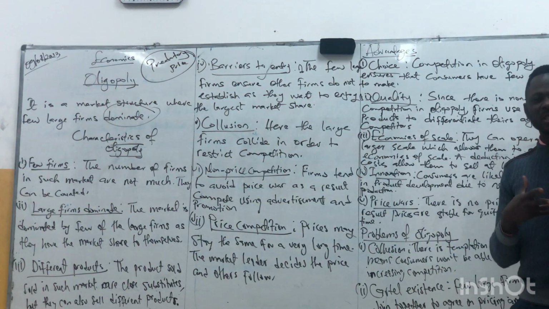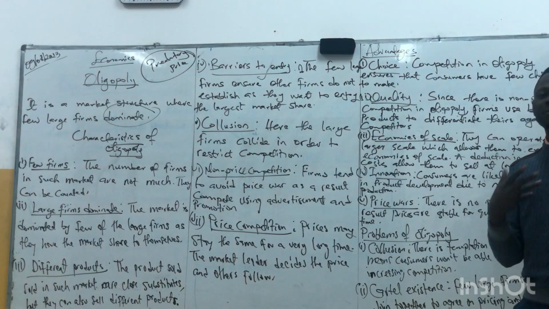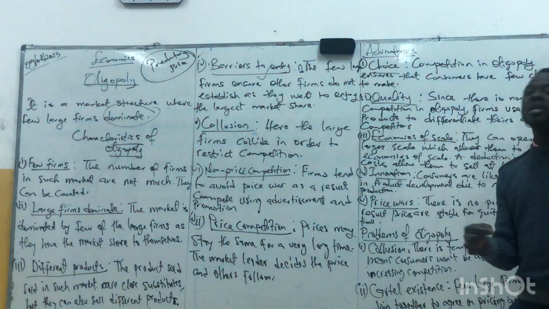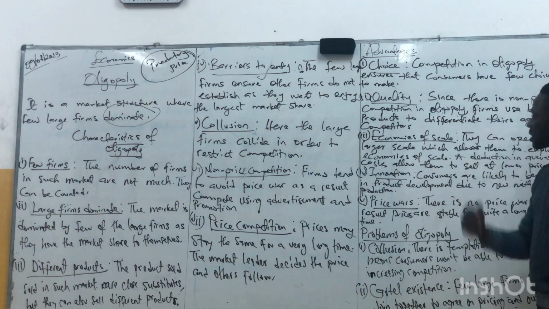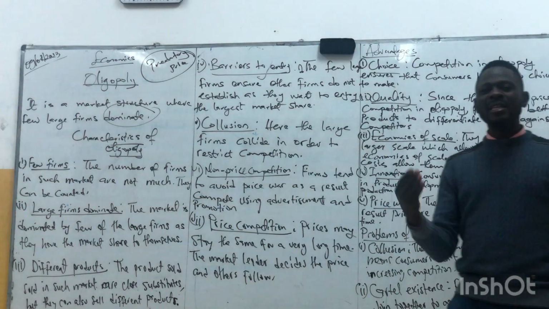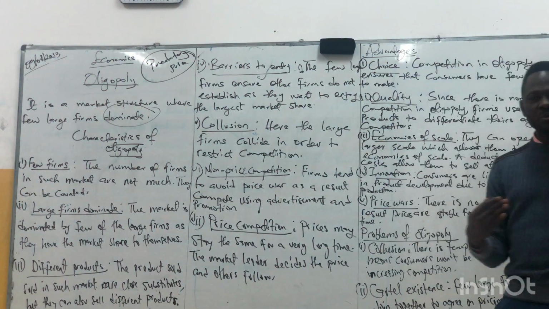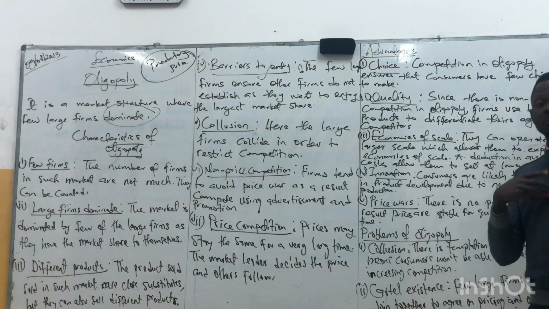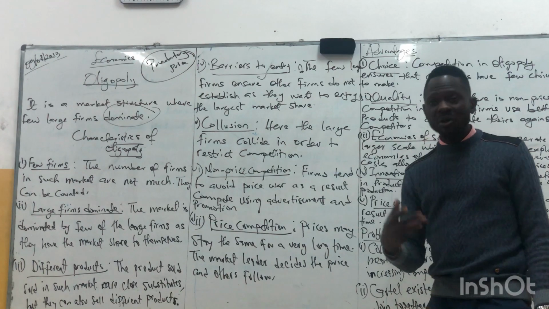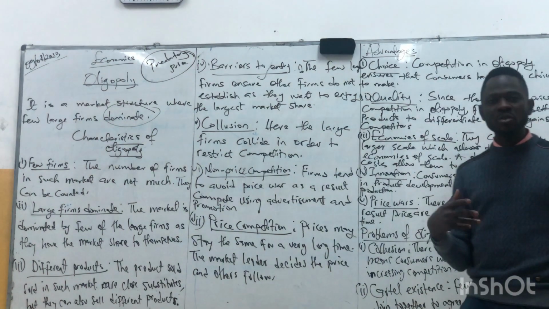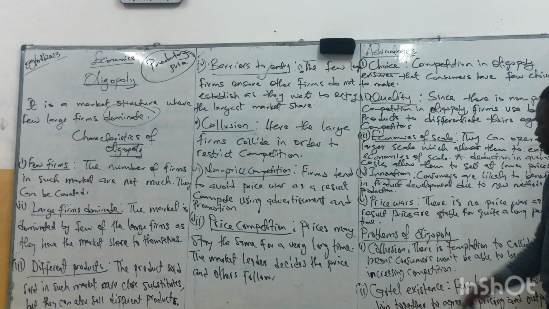Quality. Products produced in such a market structure are always of great quality because there's no price war. As a result of that, firms can only differentiate their products with quality. Economies of scale, because they sell to large numbers of customers, they can enjoy or exploit economies of scale. Then innovation. Businesses in such an industry come up with new ideas, new methods of production because they are selling to customers and they want to continue to keep their customers. Price war. There's no price war.